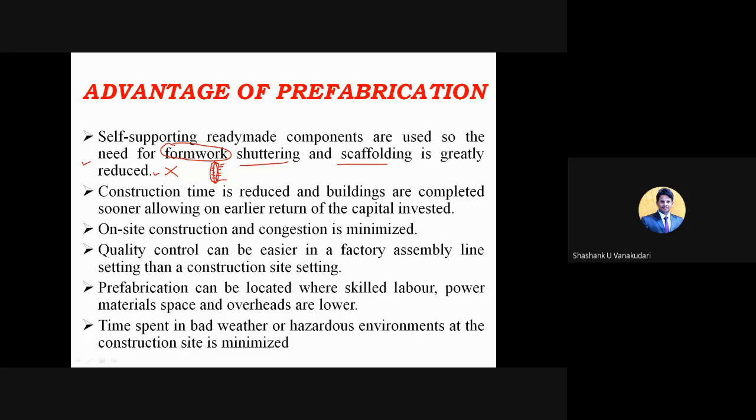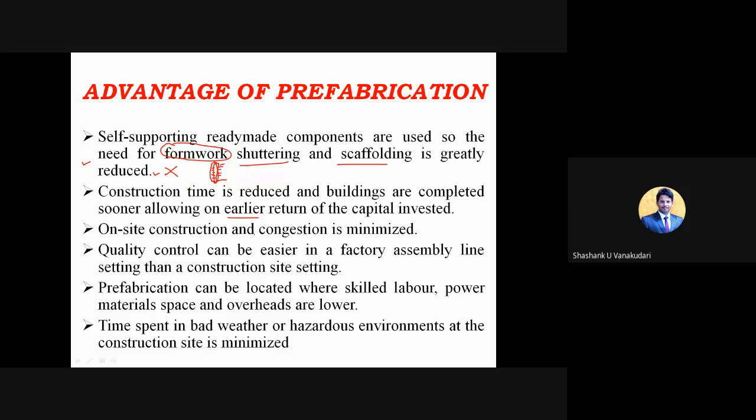Yesterday, I gave you one example, like construction of a building with prefabricated concepts and the conventional method. The prefabricated buildings are going to be constructed sooner, so that they get the capital investment money at an earlier time. Okay.